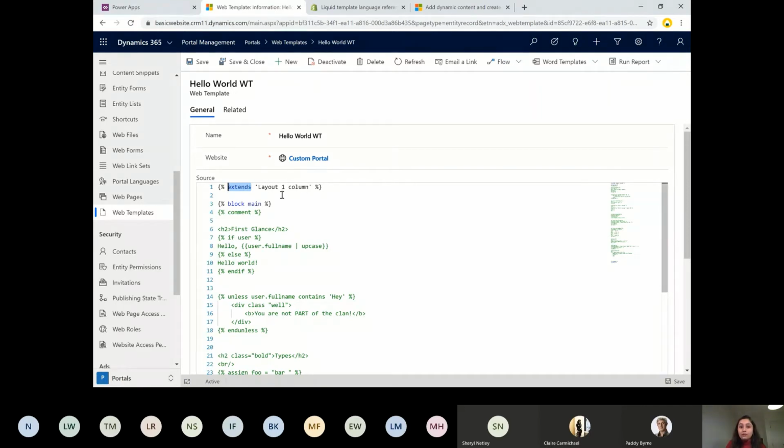It has some breadcrumbs, meaning some linking to the other web pages we'll be seeing soon, and then it just extends this particular web template code here. So there's no need to write the same code again. If you already have it in another web template, you can use the extends keyword and then just write the template name.